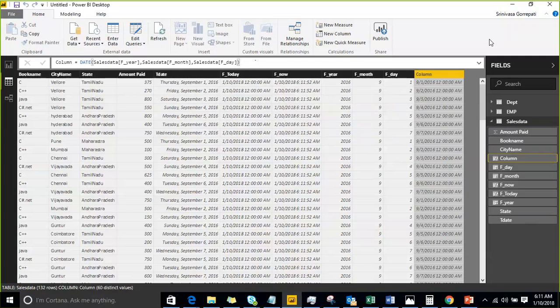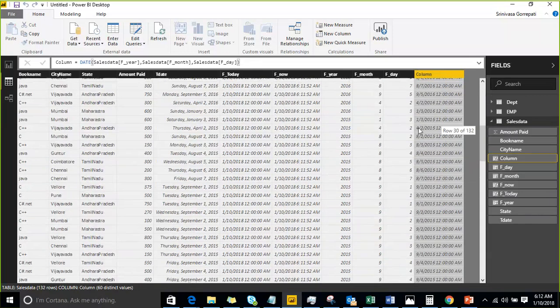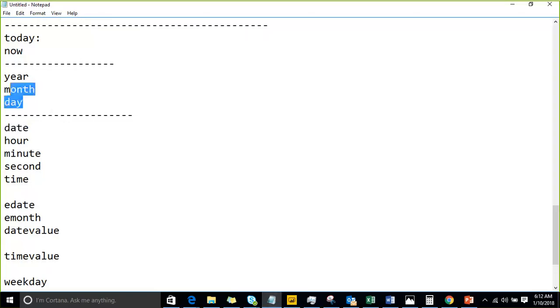You can see that a date was created and the data type I said is date and time. So the date was created similar to this one, September 1st 2016, like September 5th 2016. In the same way the date was created. So from a date, if you want to extract the year, month and day, you have these functions. From these things, if you want to generate a date, you have the date function. Similarly,